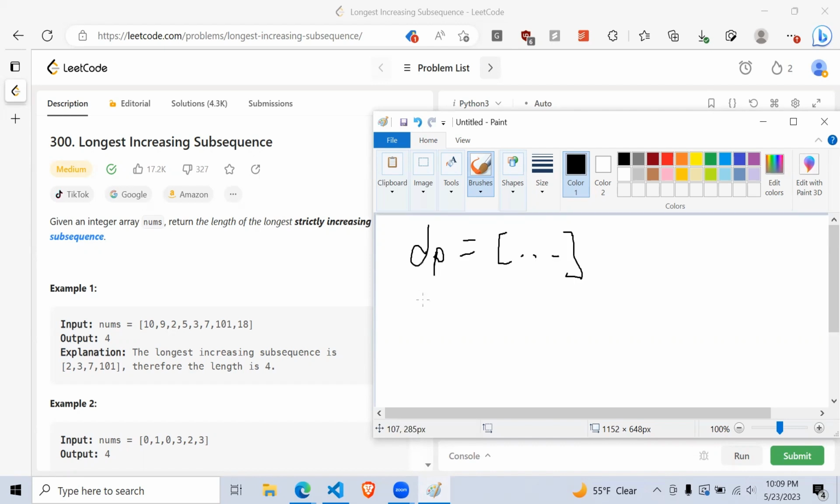So for example, in this problem, the best state would be, let's say dp[i], where i is any integer from 0 to n-1. Let's say that's the longest increasing subsequence that ends at index i. Well, how do we figure that out? If we think about it,